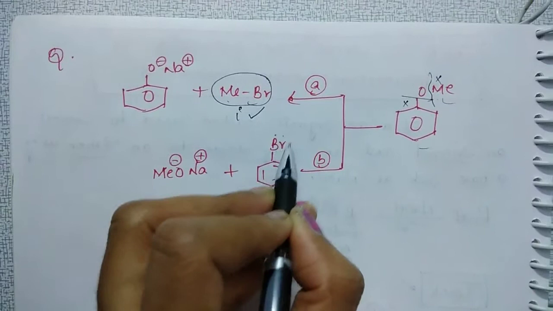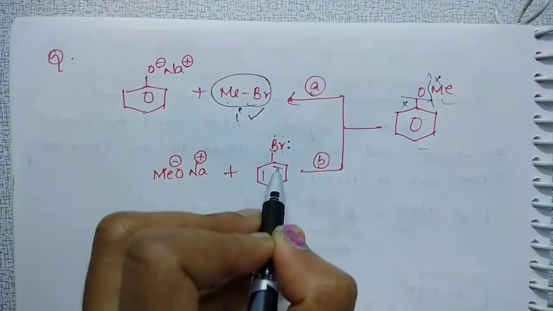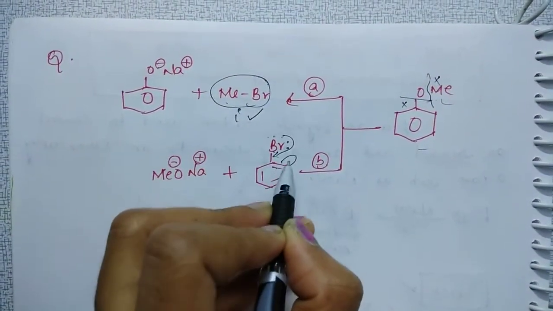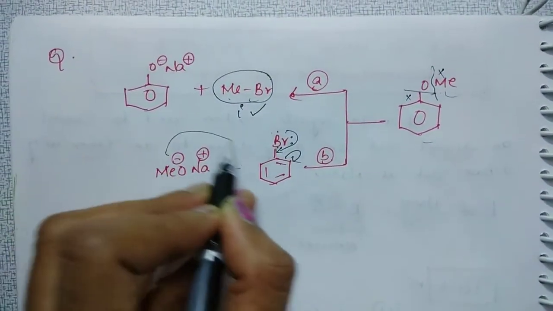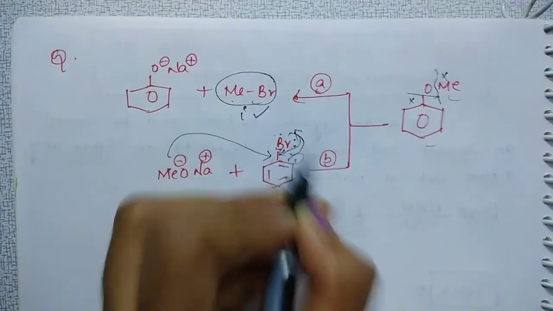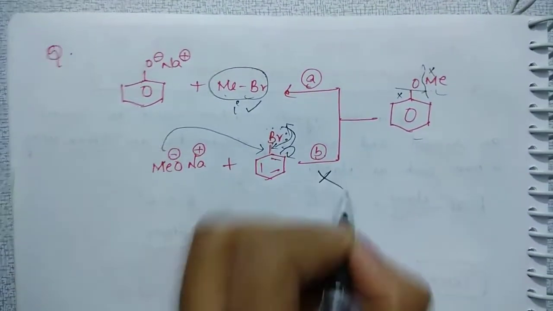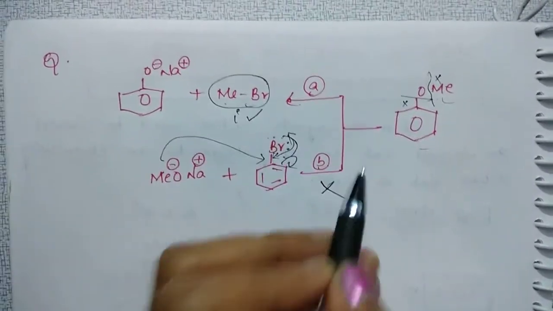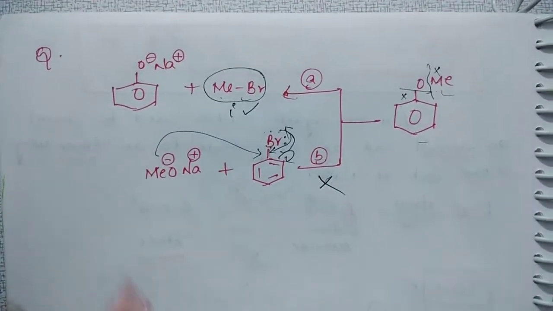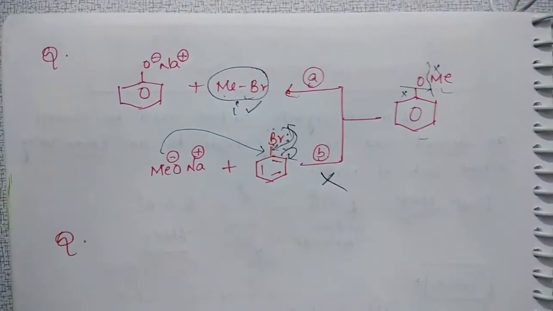And in this one, the lone pair and the pi bond are in resonance. So what happens? It gets partial double bond character, so the nucleophile attacks, and this cannot go as a leaving group. Then route B is not favorable, but route A is favorable. See the next question.